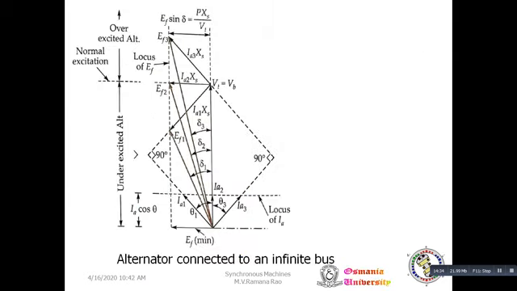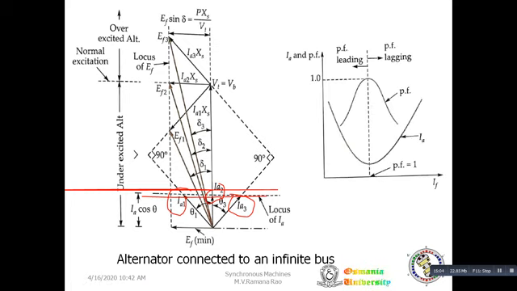So observe the vector diagram. So the procedure will be the same. This is overexcited, normal, underexcited. Whereas underexcited is the leading PF. Observe the current is on the leading side. You can observe the current on the leading side. This is UPF, and this is the lagging side. This is the locus of the current. Okay. So when you draw the curve for an alternator, for alternator V curves, the leading is on this side and the lagging on this side, exactly reverse as in the case of a motor.